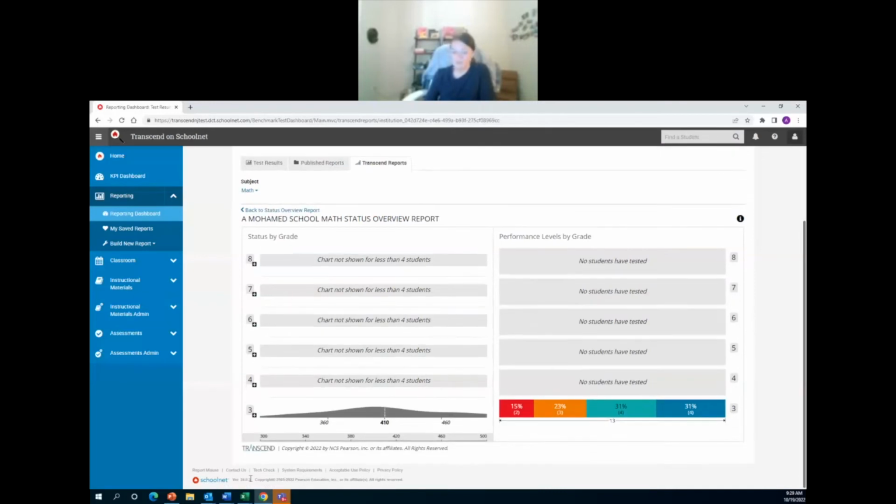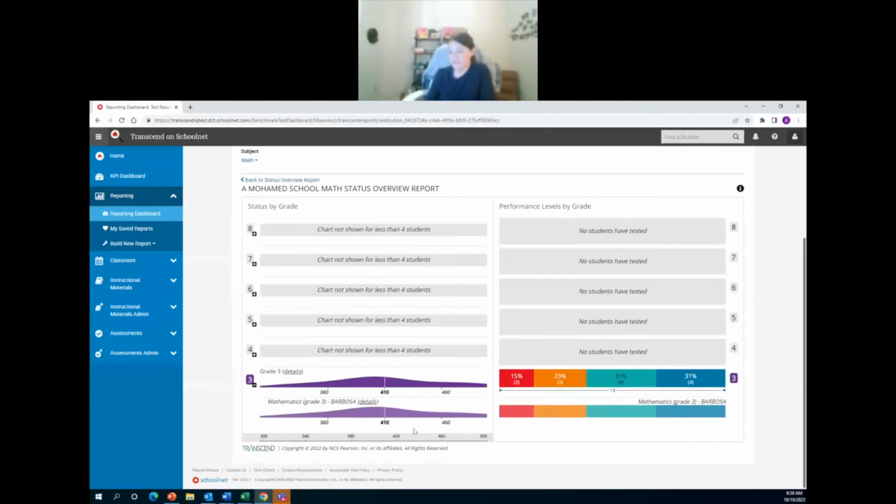And I'm going to see very similar information, but now I have my school level information and my class level information. This particular class is Barbosa. And because I only have one class in here, it's going to look exactly the same as the other information at the school level and actually at the district level as well. So in a live situation, you should be able to see all the classes that are within grade 3 for mathematics, and then you're able to take a look at the differences in performance, and you can dig in a little bit deeper from there.